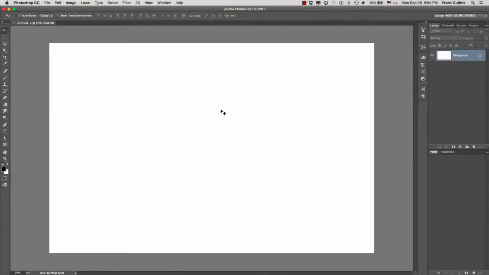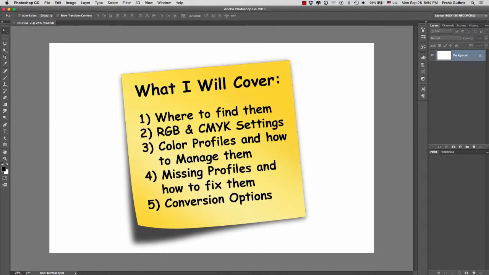All right, we're going to talk about something extremely important in Photoshop, and that is color settings. What we're going to cover is where to find the color settings. Then we're going to talk about RGB and CMYK settings. Then we're going to talk about color profile management, how to deal with the mismatches, how to set it up